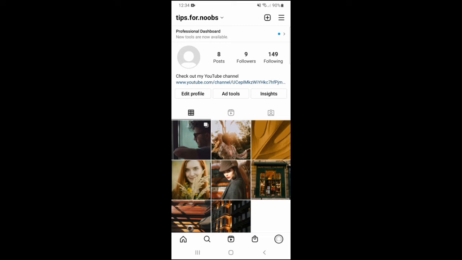How to change the order of images in an Instagram carousel post. In this short video, I'm going to show you how you can change the order of images in an Instagram